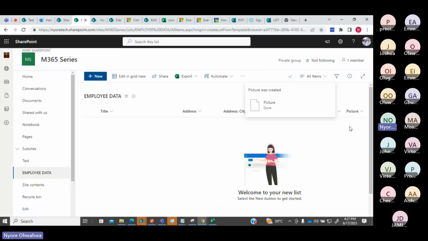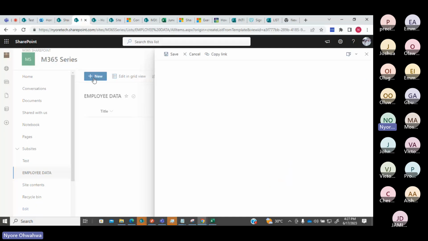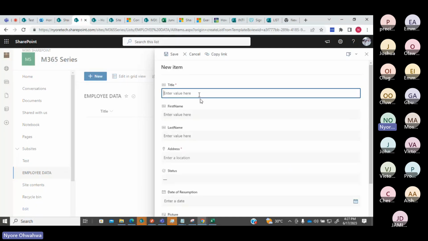Okay, so I have created this, and then I can decide to be the one to fill this list anytime I have a new employee, or we already have users in the organization. We need to fill this out. So let's add like 2 or 3 names to this.